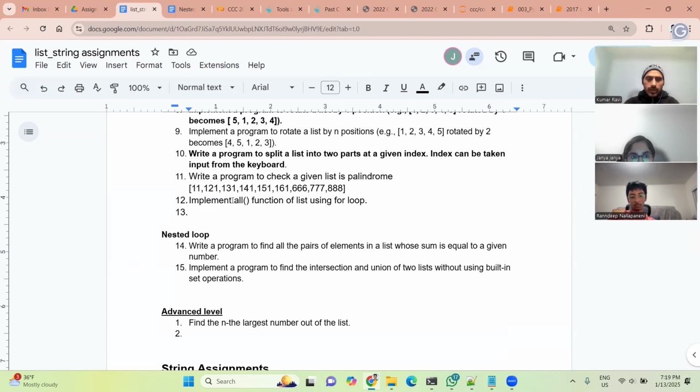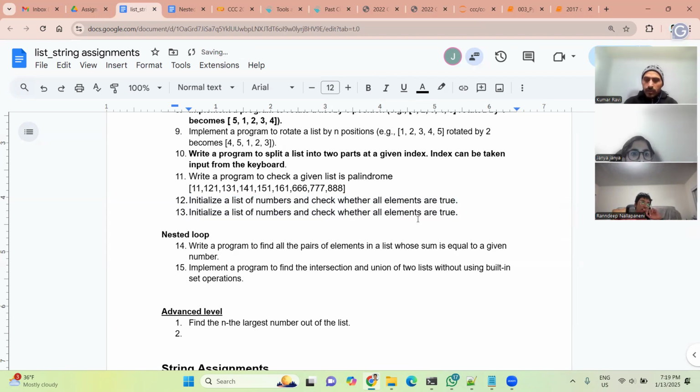Just write, initialize a list using another list of numbers and check whether all elements are true. This is a very simple question. If you can do this, we can just implement the same in the